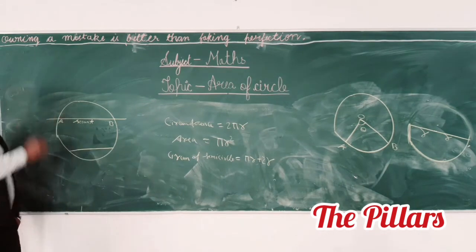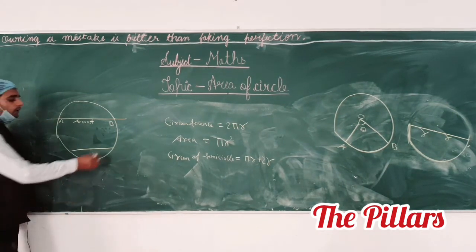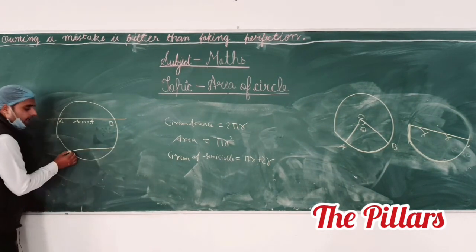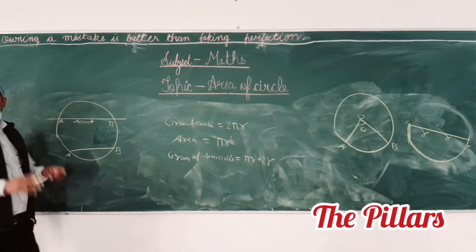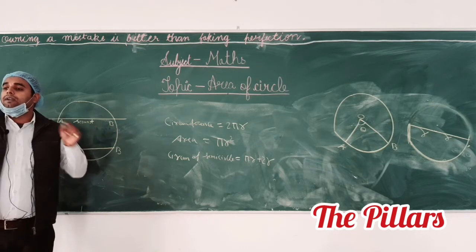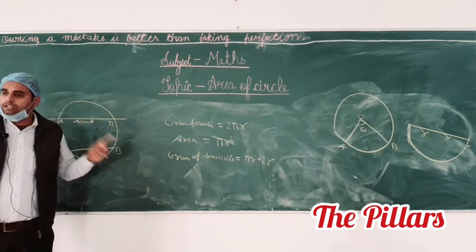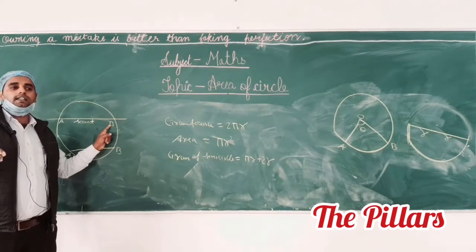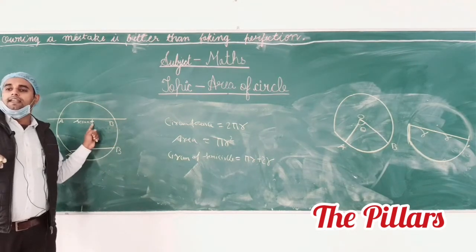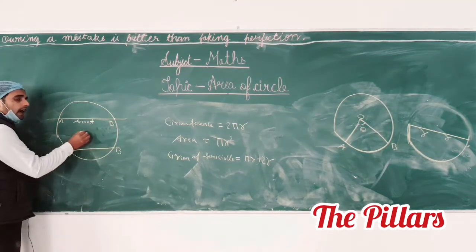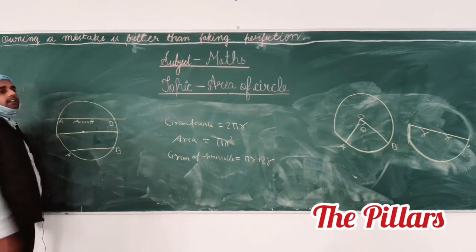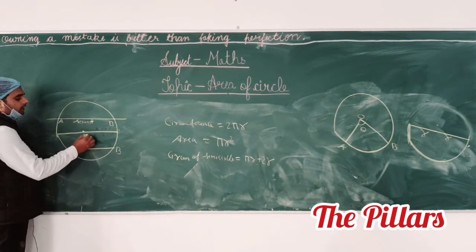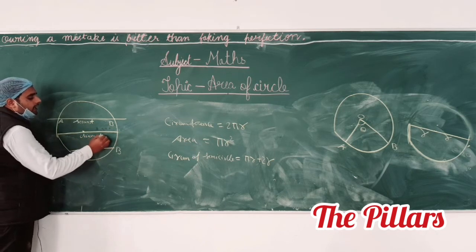But when we discuss the chord, a line segment which touches the circle at two different points is said to be the chord. It means the chord never intersects the circle, it only touches the external points of the circle. But the secant intersects at two different points. And the chord which passes through the center of the circle is said to be the diameter. Till here, does anyone have any problem?